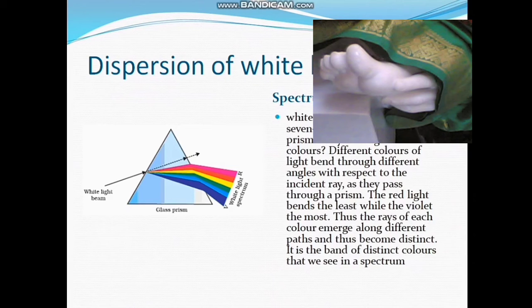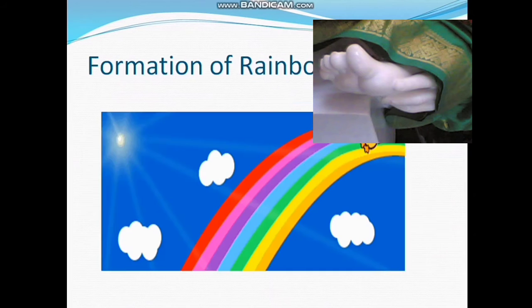Any light that gives a spectrum similar to that of sunlight is often referred to as white light. One example of a spectrum in nature is the formation of a rainbow. Now let's discuss the formation of a rainbow. It is an optical natural spectrum produced by nature in the sky in the form of a multicolored arc. A rainbow is formed due to the dispersion of sunlight by water droplets suspended in the atmosphere after rainfall. After a shower of rainfall, it is possible to observe rainbow formation.